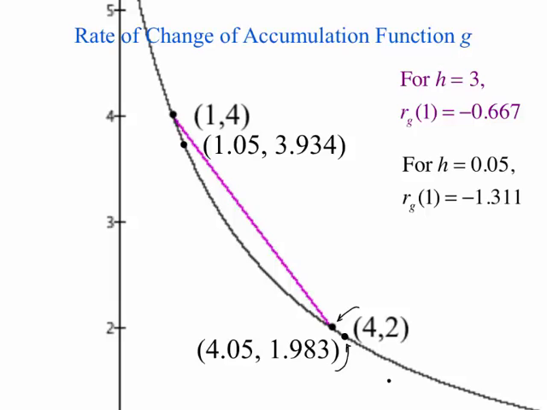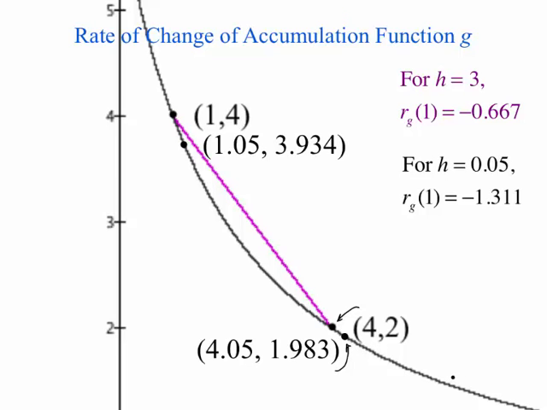So do you know how you would calculate the approximate rate of change at x equals 4 for an h of 0.05? You should all be thinking that you would take the change in y and the change in x. You would take the 1.983 minus 2 over